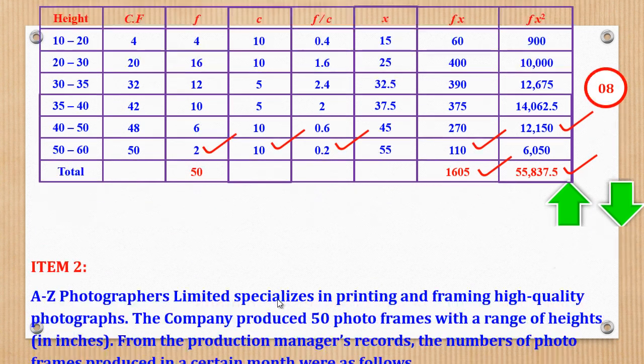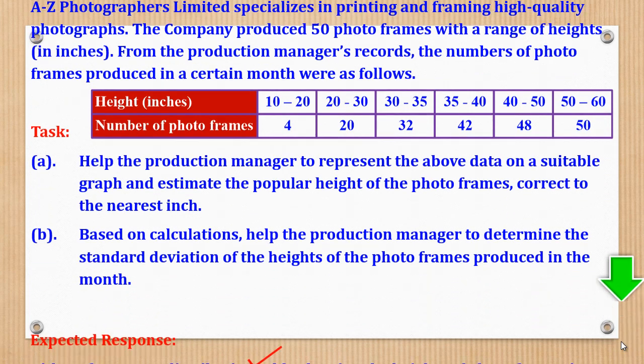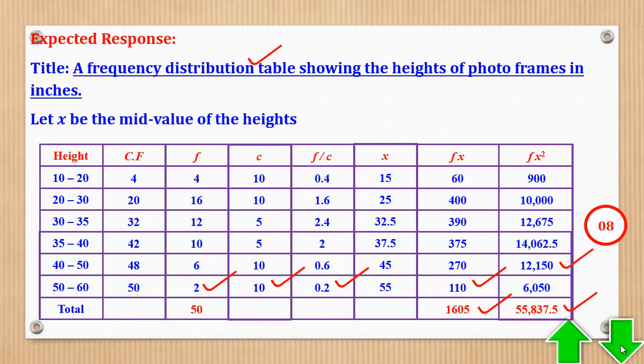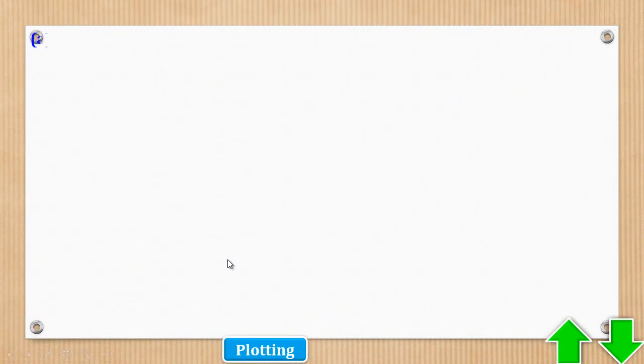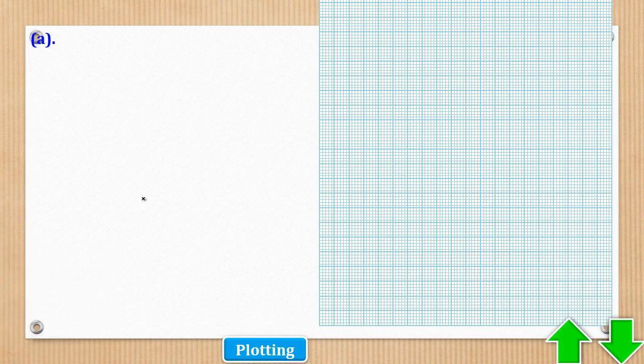The first question, part A, was: help the production manager to represent the above data on a suitable graph and estimate the popular height of the photo frames correct to the nearest inch. That is now a histogram. So you shall need a graph paper, then draw the axes, horizontal axis and vertical axis. Get a scale for the horizontal axis using intervals of 2 centimeters. Start from the lower class boundary,